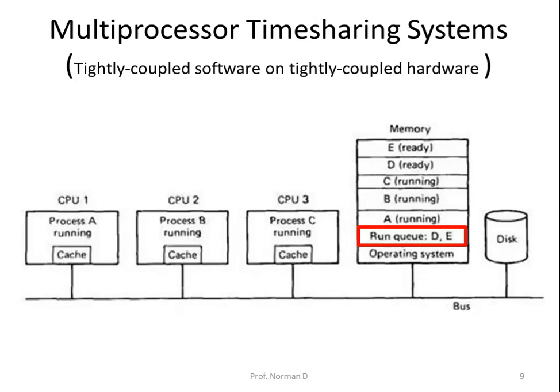Initially, execution will be slow since the cache of CPU 2 is, as of now, full of words belonging to that part of the shared memory containing process B. But after a little while, this will be purged from the cache, and it will be full of D's code and data. So the execution will speed up.